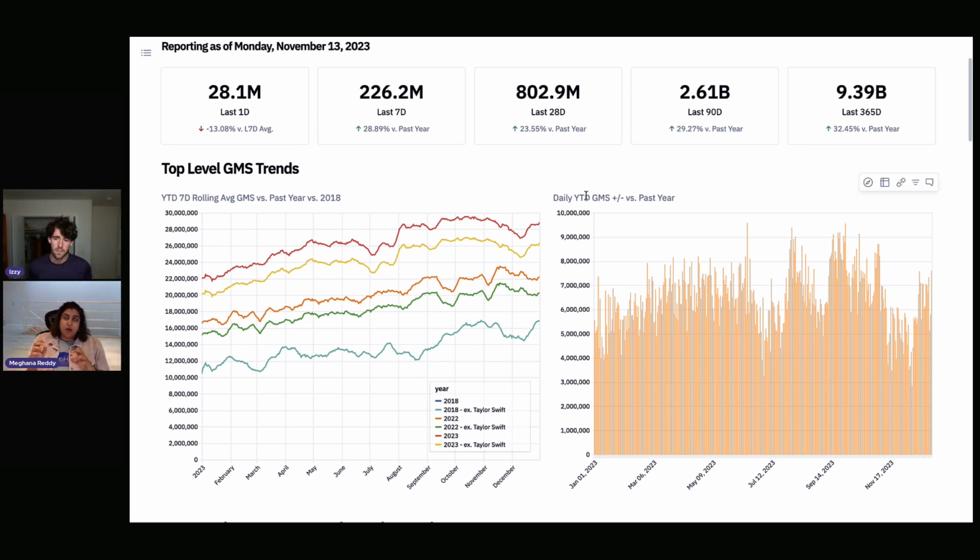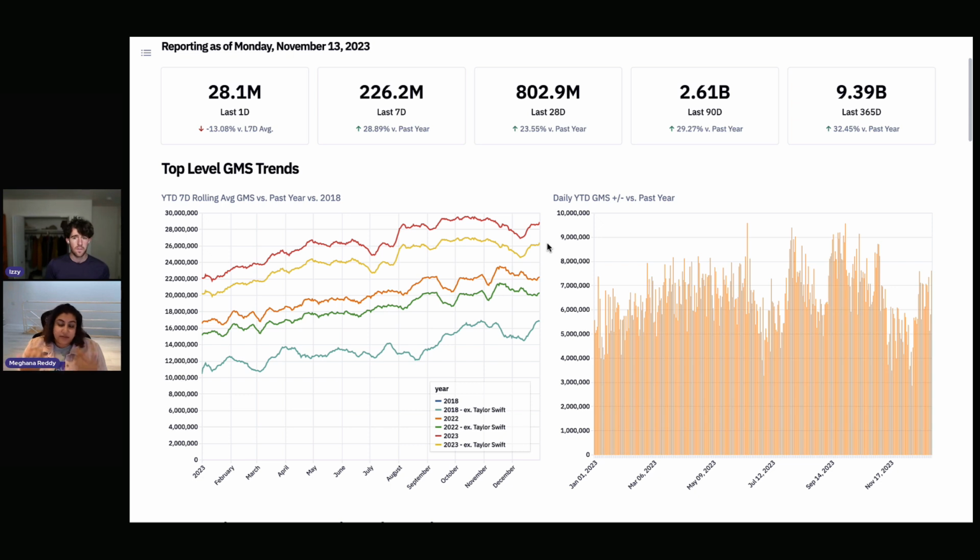And one of the main reasons we ended up building this in Hex, this is a no-brainer in certain respects, right? The very first report that you would think to look at, especially as an executive at the company, is how are our sales doing? So there were absolutely versions of this that predated Hex and had existed for many years, but they were built across disparate tools, inconsistent data definitions, all of the principles that we had talked about before around the benefits of having a centralized data team and these more long-term investments.